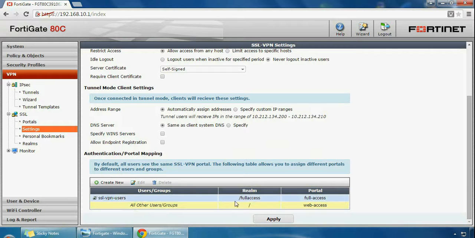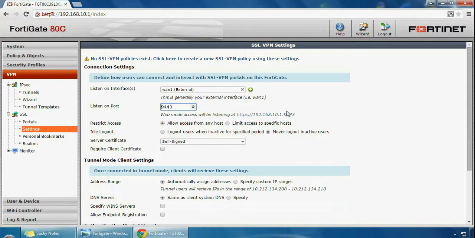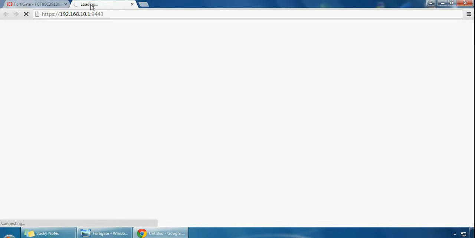So now we've got two rules or portal mappings. We've got one for our SLVPN users, which I'm assigned to. I've got a username in there which has the realm of full access and the portal full access. Everyone else has access only via the web portal. So if we click apply, now we've got the address here. If we right click, open a new tab,